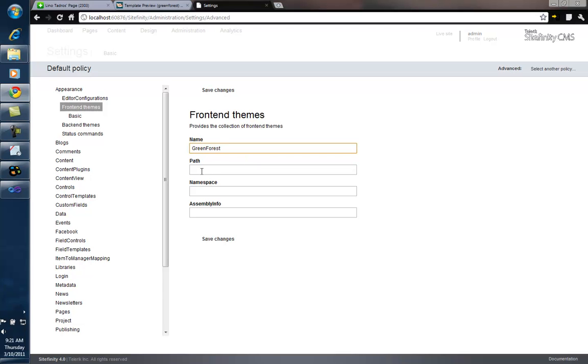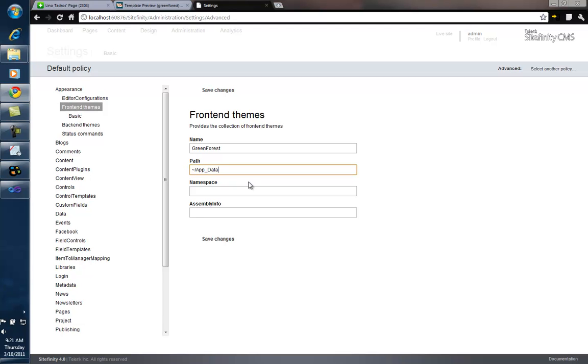And the important part here is the path, how the system is going to find this new theme. There is also namespace and assembly info that you can use later on. Remember, themes do not have to be files like I did here. It could be compiled inside of an assembly, a DLL, and dropped in the bin directory. This is where you will have to pass the entire type, which is the name of the class with the namespace, comma, and the name of the assembly itself. We will definitely discuss this in later videos as well. So for right now, I know that we will have it part of tilde, which is the root of the site,